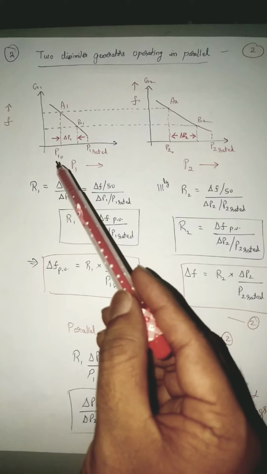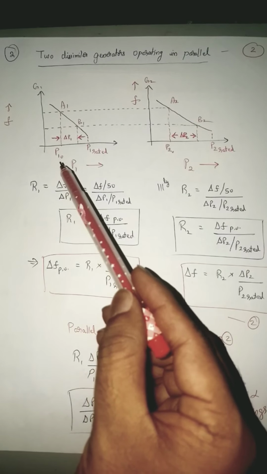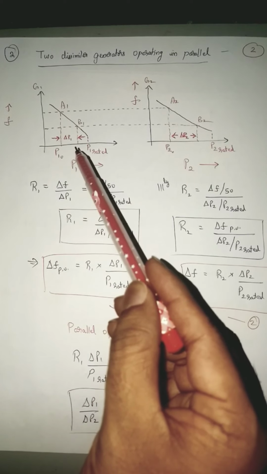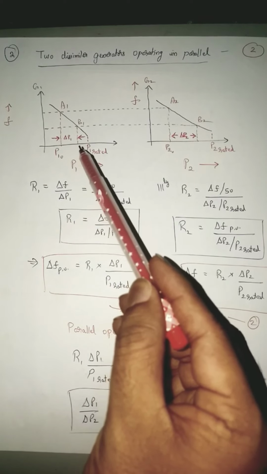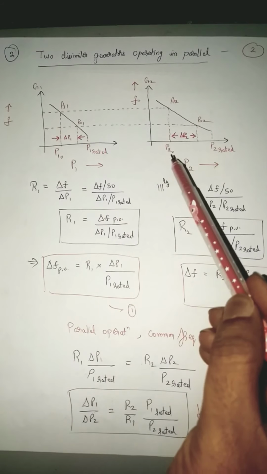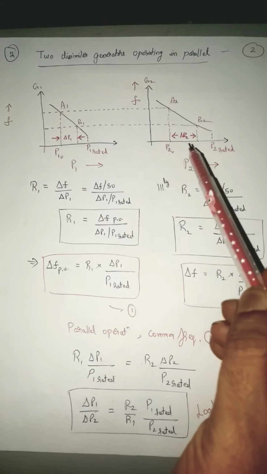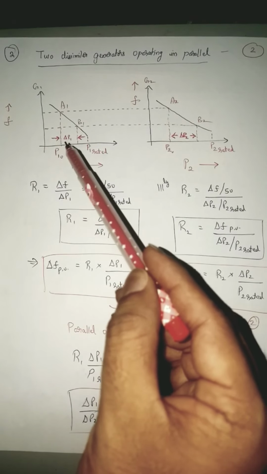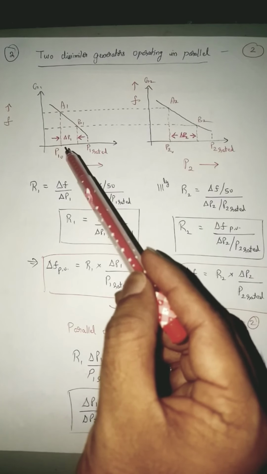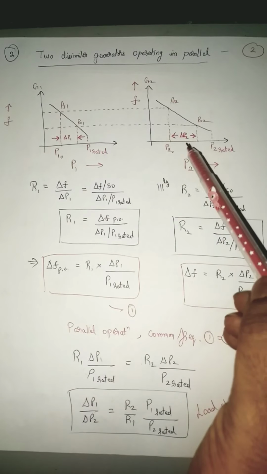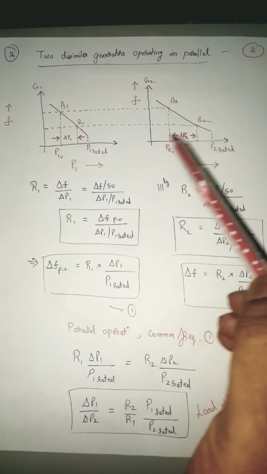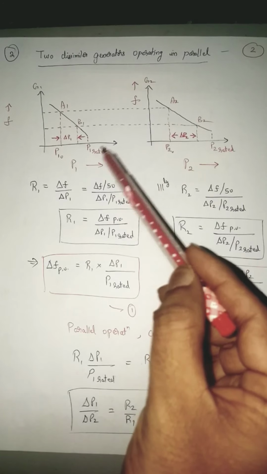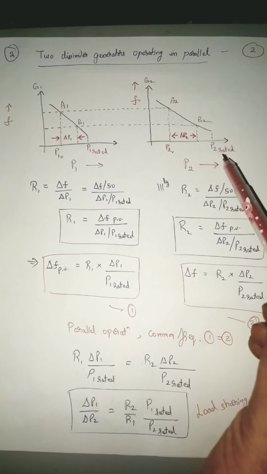Now on the x-axis you can see here, this is P1 naught. P1 naught means initial load demand, and this particular point where nothing is named is the final load demand. Similarly, P2 naught is the initial load demand of generator 2 and this is the final value. So final value minus initial value will give you the change in load demand, which is called delta P1, and here it is delta P2 for the second generator. And the last point here is P1 rated, which is the uppermost capacity of generator 1, and P2 rated, the uppermost capacity of generator 2.